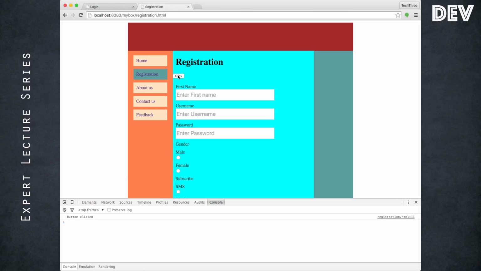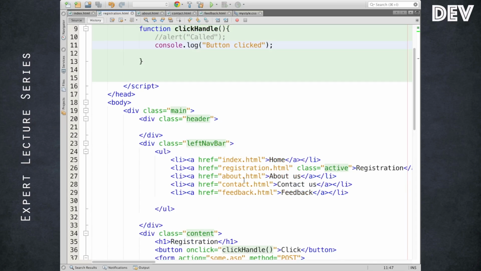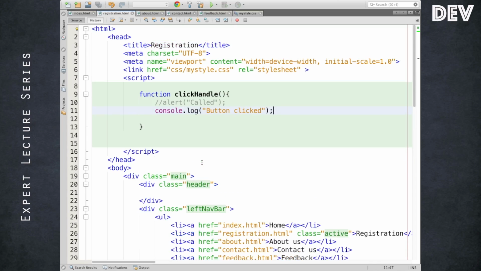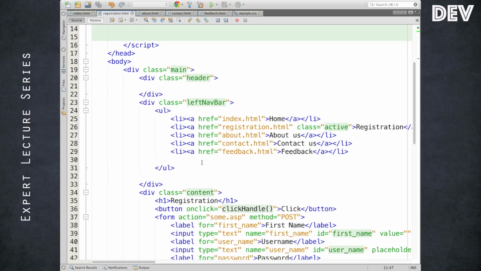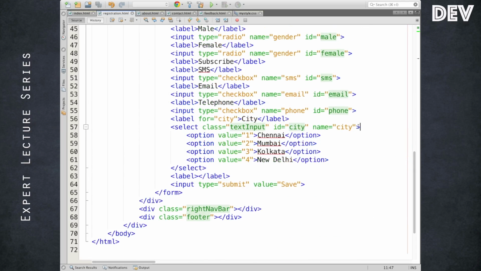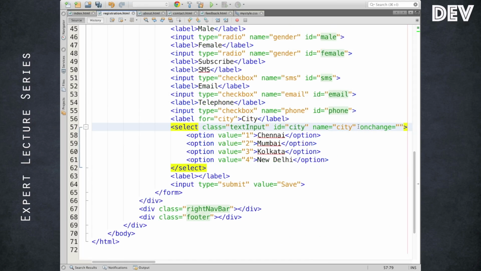So we can verify whether the block is called or not instead of putting an alert. Alert could be for some other purpose. I just put it to show you how this block is working. So an HTML element like a button can very well call a JavaScript block through various attributes, mostly onclick. Let me see, onblur, onchange. For example, in the case of select, it is onchange. So whenever the choice changes, it will call the JavaScript function.